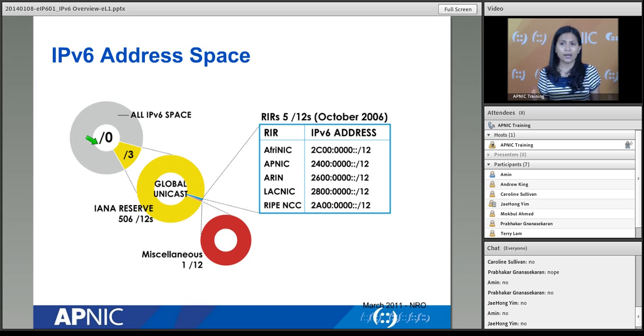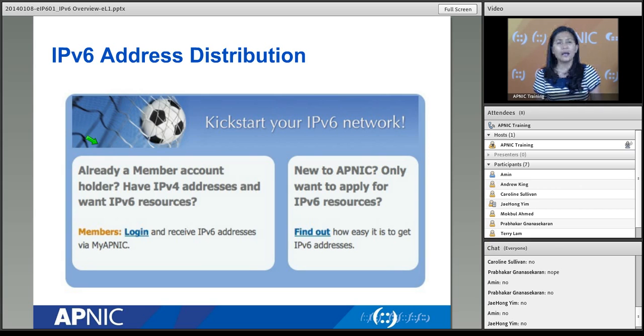So at this point, I would just like to encourage everybody. I'm not sure if most of you already have IPv6 blocks, but if you don't, I think it's the best time to do it. Requesting IPv6 has never been as easy as it is over the past few years. If you are an APNIC member, you can already request your IPv6 address. We have this program called the Kickstart IPv6 program, where you can apply for membership and also request your v4 and v6 addresses all at the same time. Or you can also get your IPv6 blocks right away if you already are an APNIC member.